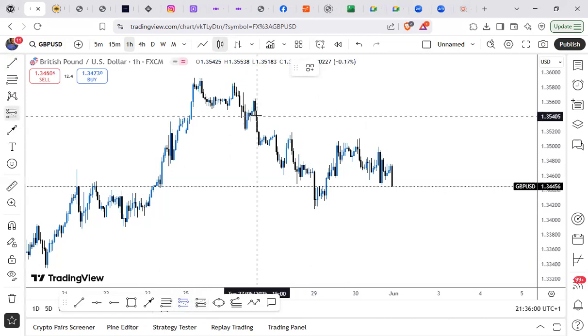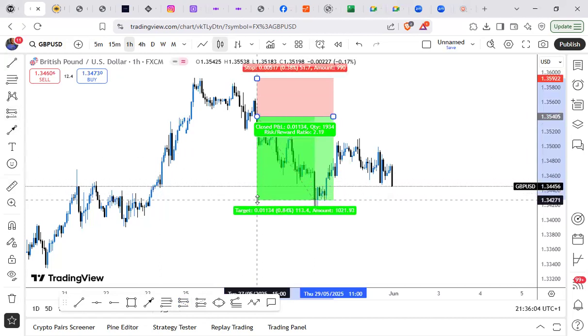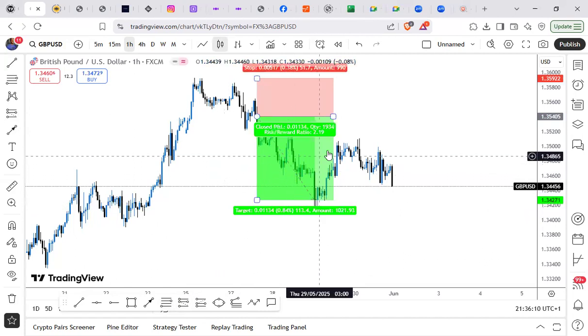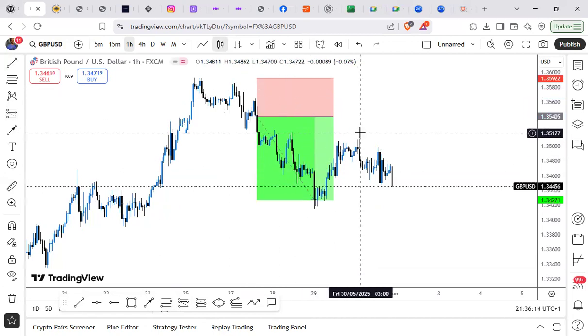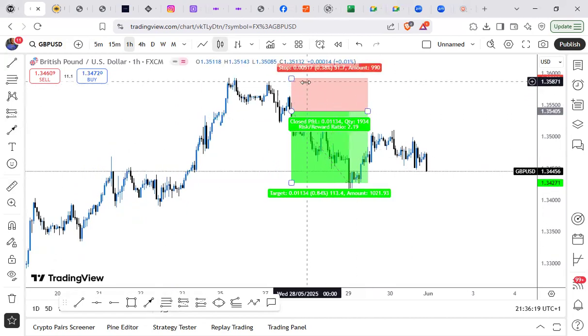So what app is this? This is TradingView. Okay. All right. So now you are seeing red and green. All right, this meeting is about to end. You are seeing red and green. This red area is our stop